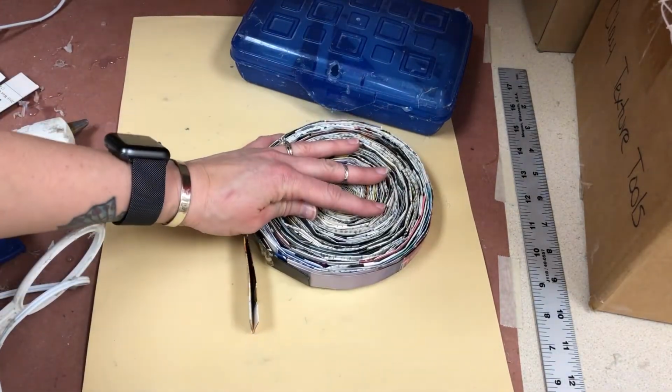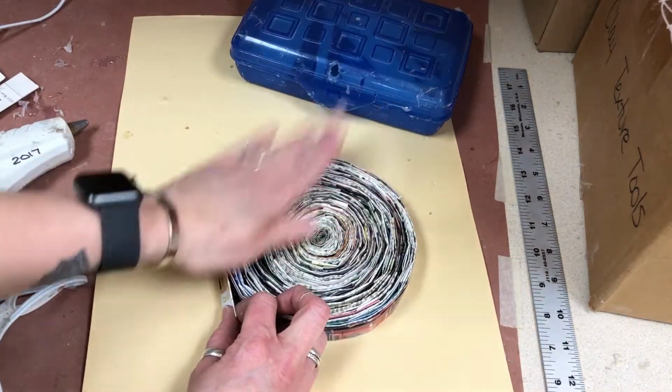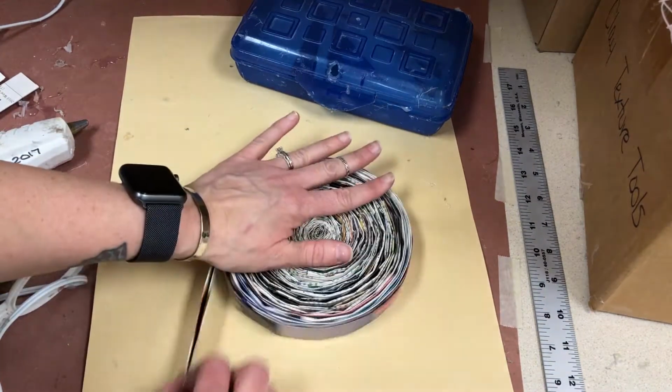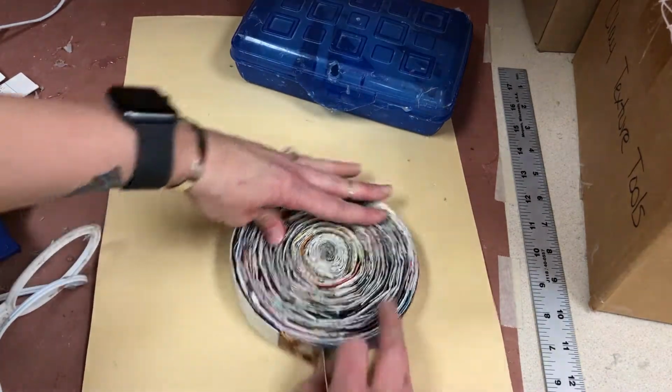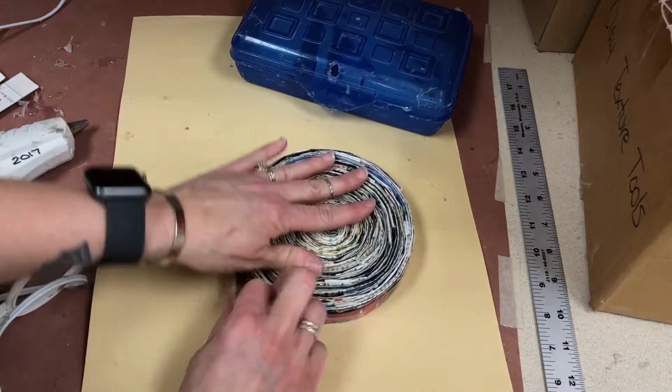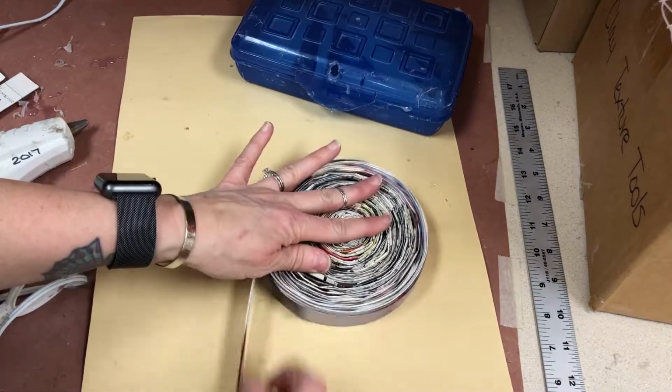You don't wanna pull the end all the way out. Pull it and give it a little twist. And every once in a while, you just wanna tap on top because when you pull, the outside edge starts to come up a little bit and you don't want it to pop apart. So you're gonna pull until the roll gets as tight as it will go